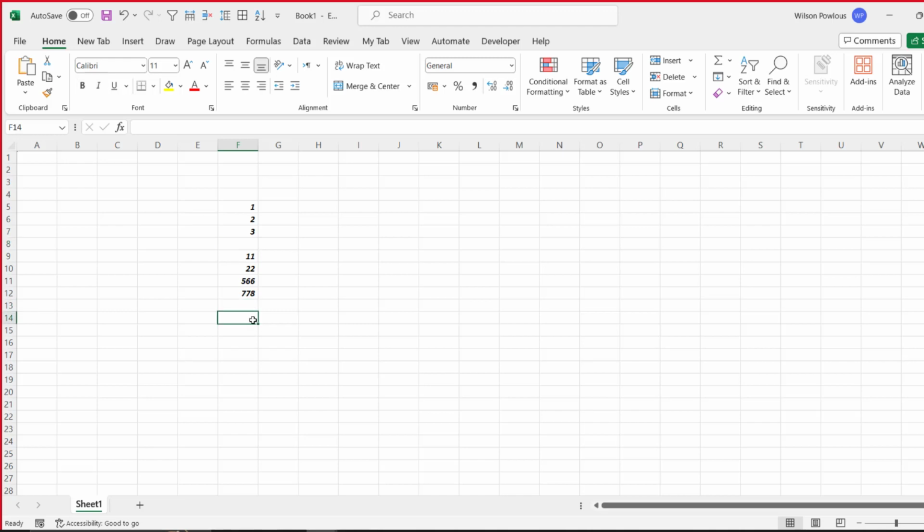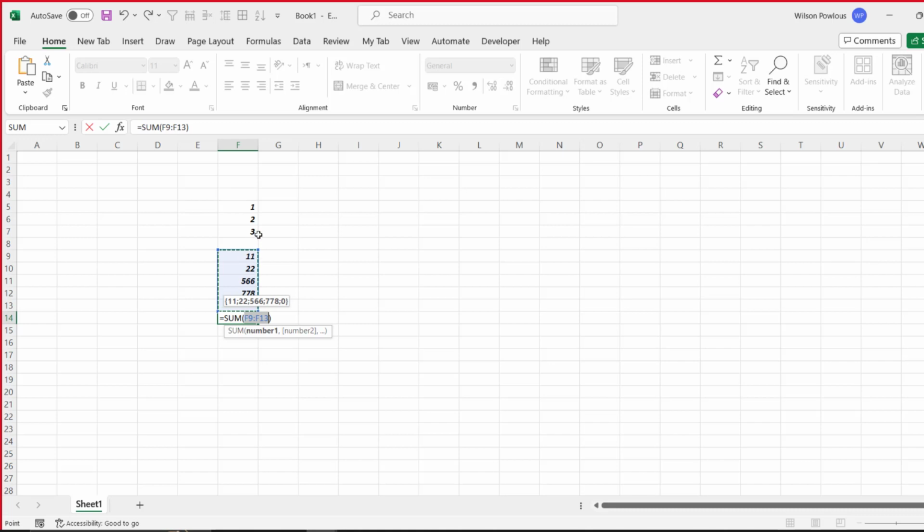In this case, either you can manually edit this F9, instead of F9 you make it F5, or you just drag this one. At the corner, you can just drag this to the